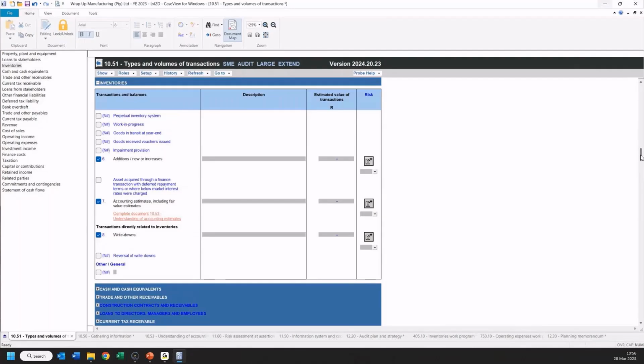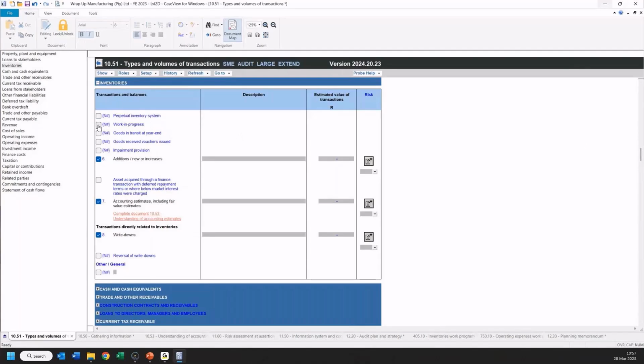By the time I start ticking the boxes in this section, this is where I'm actually going to start switching on certain elements in what might end up being my work programs or my audit programs later on. Remember that Probe only switches on procedures for a specific assertion when we are recording a risk for that assertion. But in the meantime, as I'm documenting my understanding of the accounts, I already have certain influences on the work program. So what is important for us is, in this case, for example, to say,